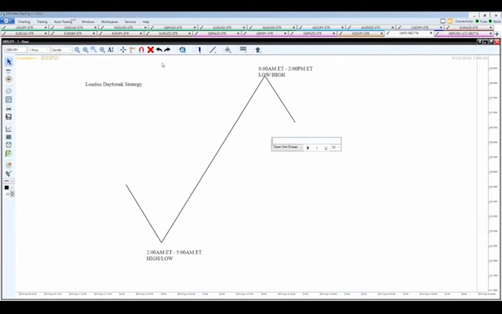So we're going to be looking for directional movement coming off from between 2 o'clock and 5 a.m. I'm going to go into a little more detail and explain exactly how to do the strategy in just a second. But the reason we're looking for this directional movement is we've found that on these six currency pairs, they have what's called an average